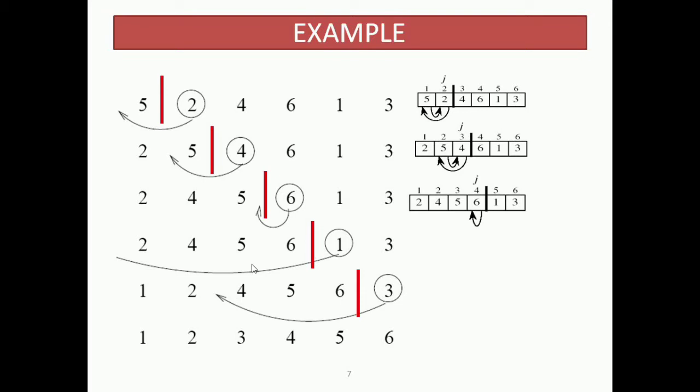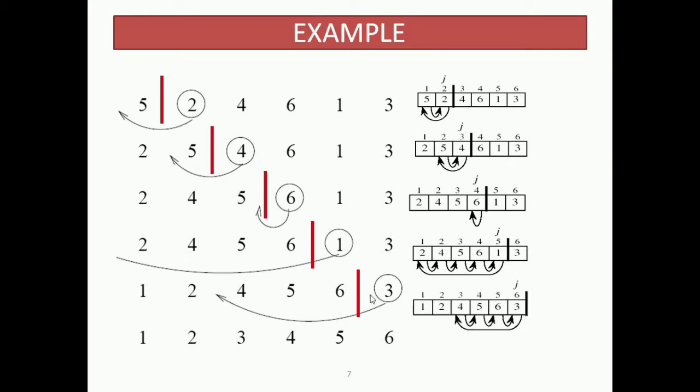The sorting continues similarly where each element from unsorted list is compared with elements of sorted list and inserted at their correct position, as you can see here. The process continues until the last element of array is compared with the sorted sublist, and finally we get our sorted sublist as 1, 2, 3, 4, 5 and 6.